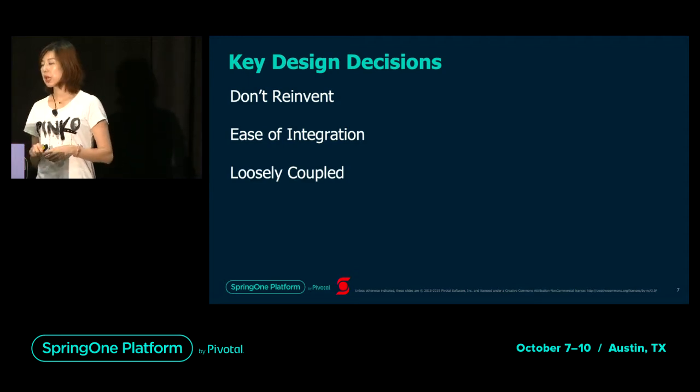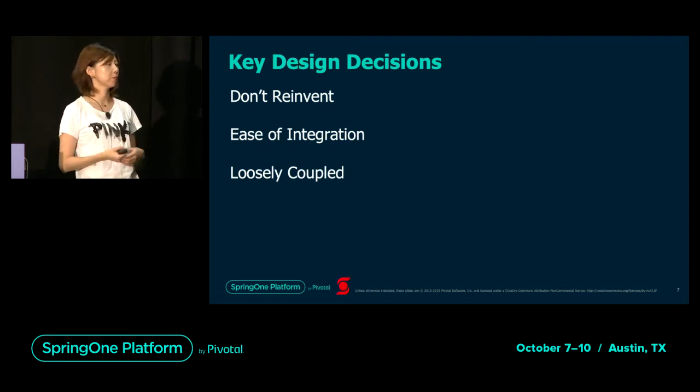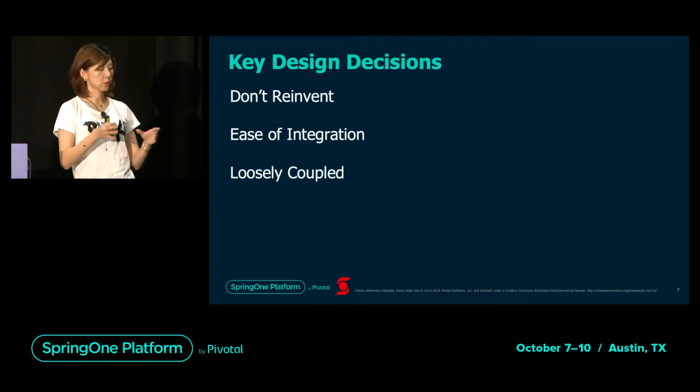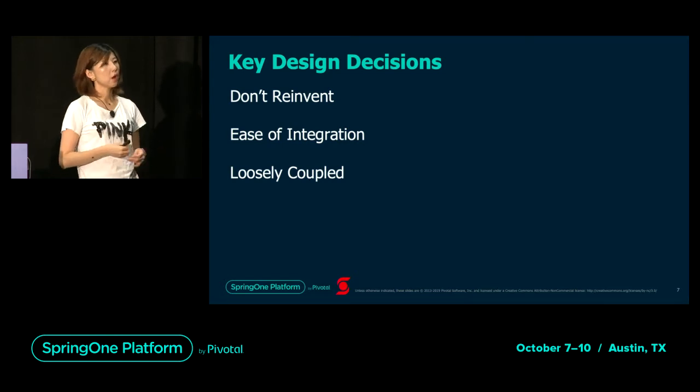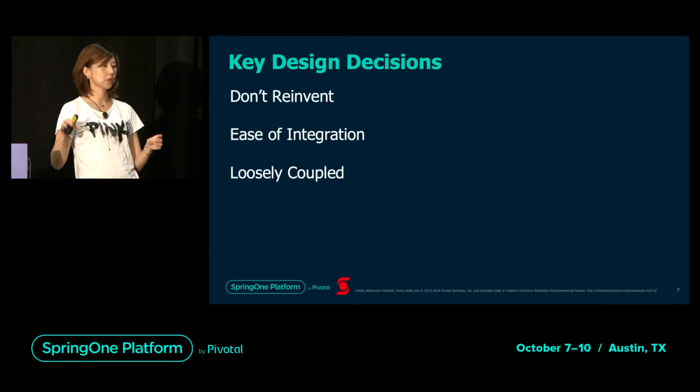Okay. And then loose coupling is our next decision. Loose coupling is a very important aspect, and as I'm sure you all know, especially in a microservice-driven architecture, your microservices need to be loosely coupled, and serve one single-purpose function, right? And it should have its own data store, and so on and so forth. So what we're saying here is not just loose coupling of the service in terms of other services. We're also taking a look at the microservice code base and wanting to make sure there's loose coupling in the microservice code. So this means separating the concerns of the business logic of this microservice from all the other cross-cutting concerns that can be reusable